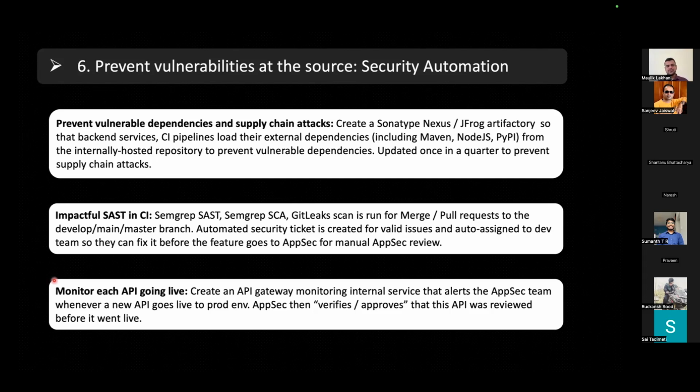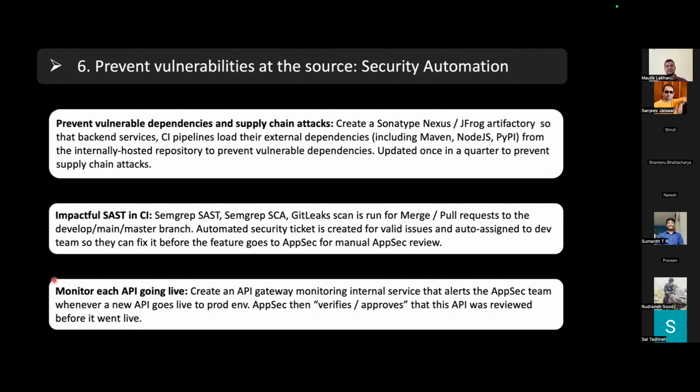So when you have API monitoring, which is as simple as creating a Python backend service or a Node.js service which connects with your API gateway, it dumps that API gateway JSON config and parses it, and tells you that on day zero, these are the APIs in total. And then every day you can do a diff, let's say from day two to day one, and whatever the new APIs are, you will be able to identify that in this week, or today or yesterday, these are the APIs which went live.